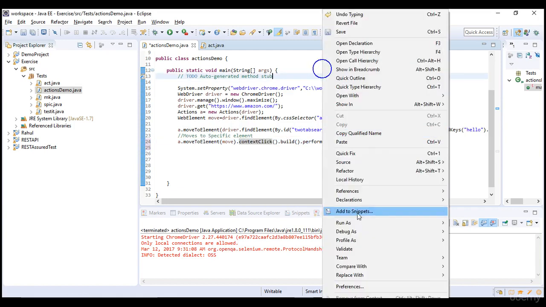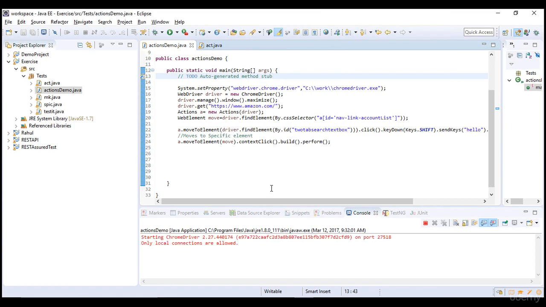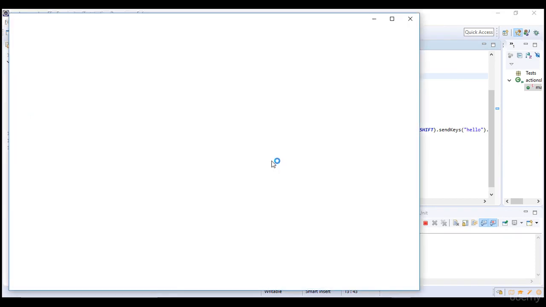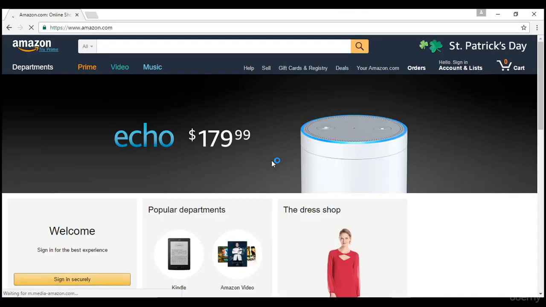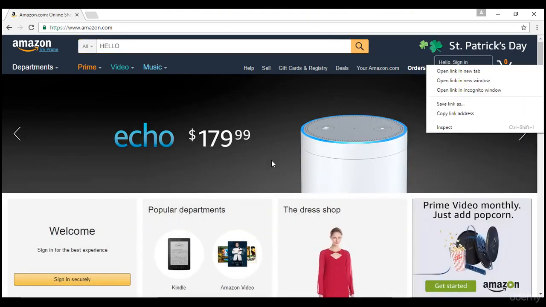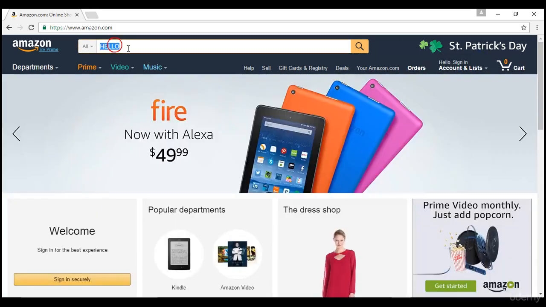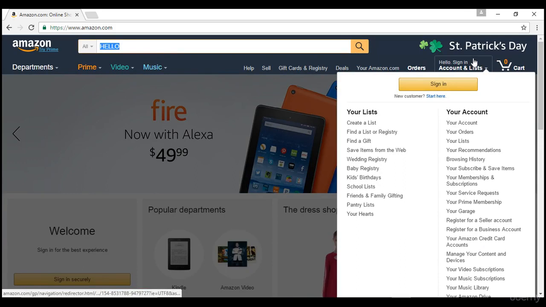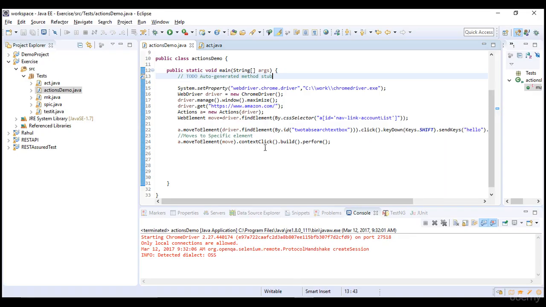So let me quickly show you how it does. Okay, so this is how you can actually explore all the actions methods which are present in that specific class, and you see that right clicked. However, after selecting hello, if I right click here, the selection will go, right? That's how it manually happens. Right click and selection is gone, and that's how even the script does.